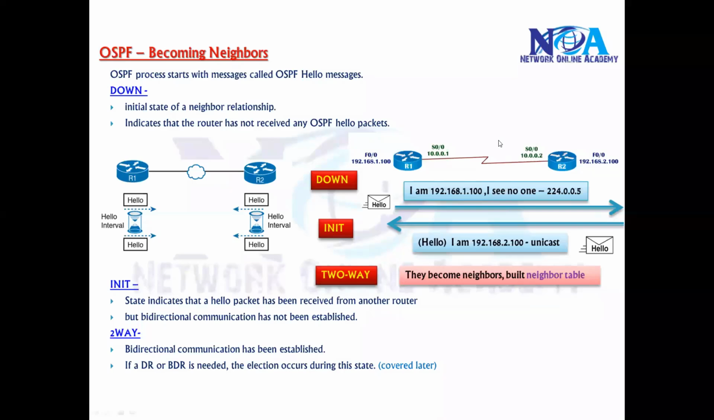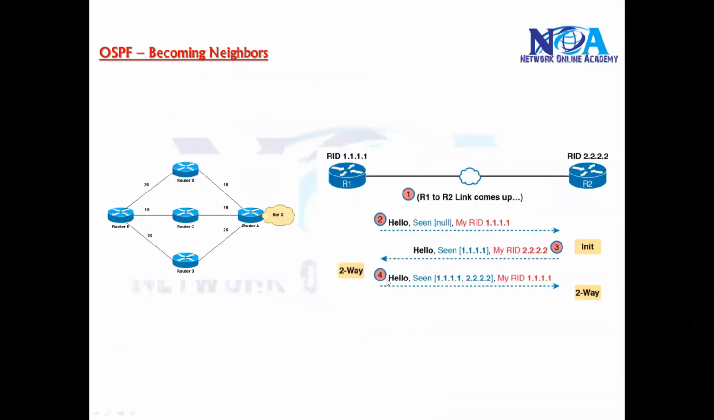Okay, so initialized stage means where they are trying to send the hello messages, and when you say two-way, it means they have established the neighbor relationship. And there are a few more points. Hello packets are always sent on multicast address 224.0.0.5, and the router sends a hello on each and every